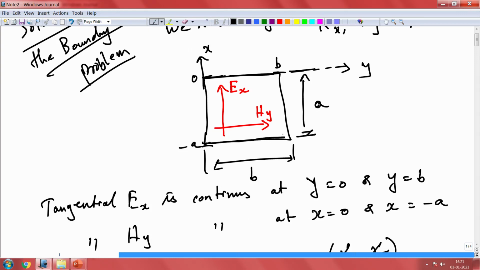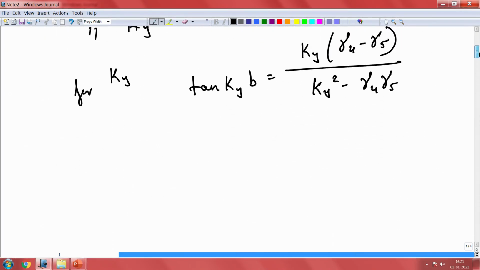If you use that at boundary 2 and boundary 3, the two other boundaries that we have, then we come up with this characteristic equation